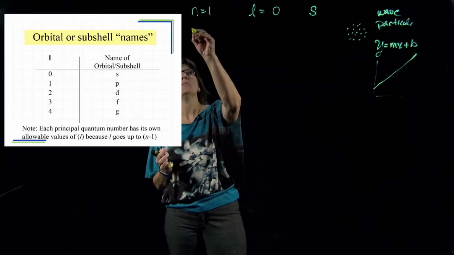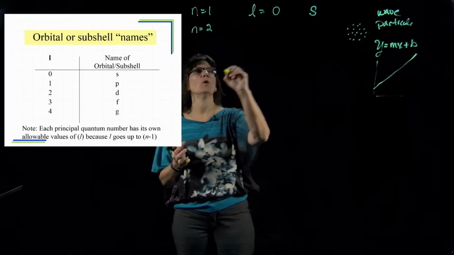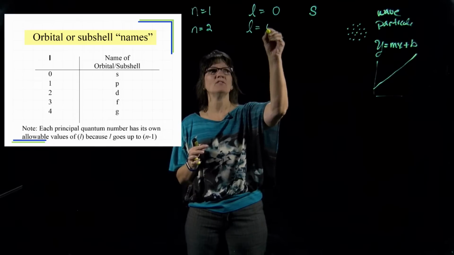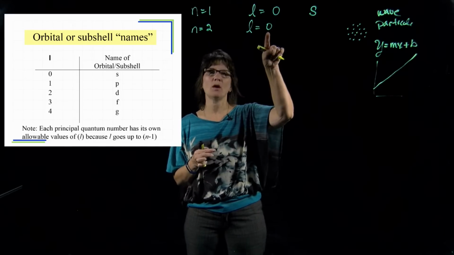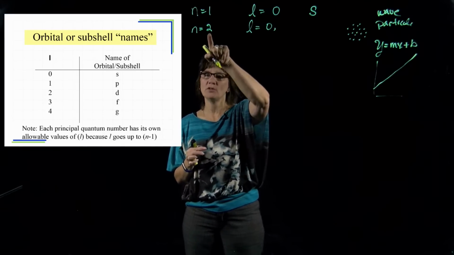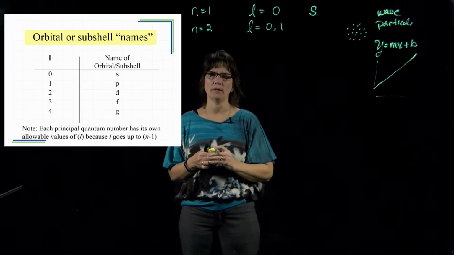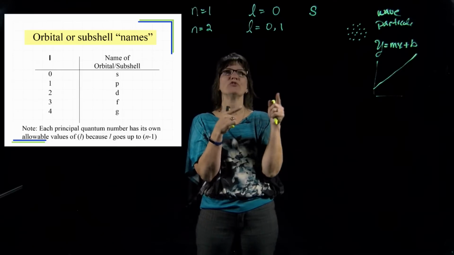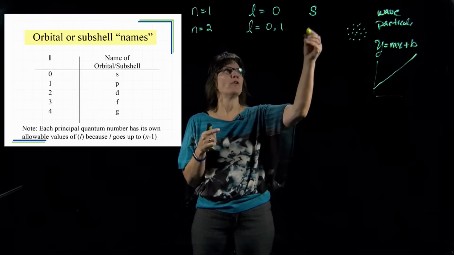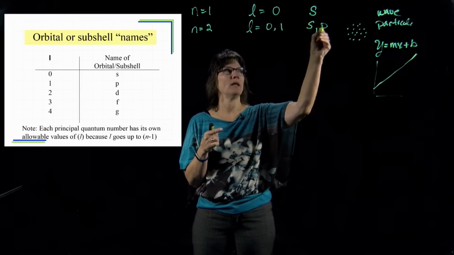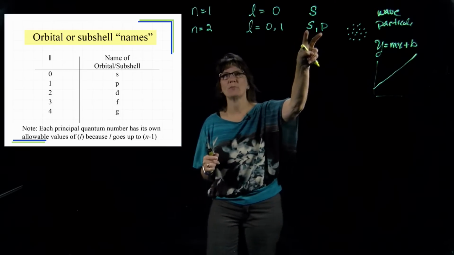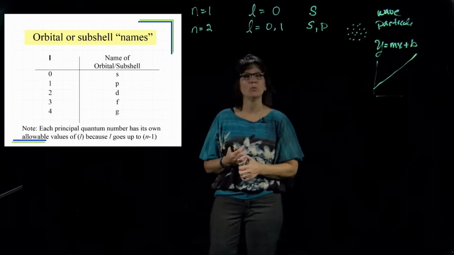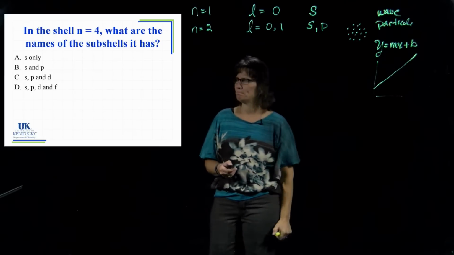Then we can go out a little bit more and say, well, N equals 2. What are my values that I can have of L? The smallest L we can have is 0. Or we can go up to 1 less than this 2, we can have a 1. So in the second shell out, we have 2 possible subshells. What are their names? S and P. So we have 2 subshells in the second shell. And you keep on deriving this, and we'll do some more of it here in a little bit.